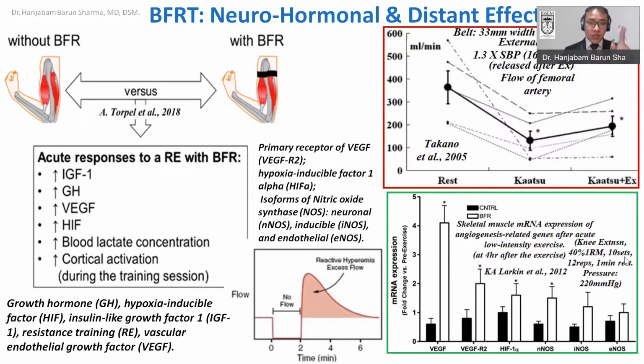consisting of 10 sets, with one set consisting of 12 repetitions with 1 minute rest interval, and the occlusion pressure was approximately 220 millimeters of mercury. And what they have done is they have seen the gene expression comparison between the control, where BFR was not given, and the experimental group, where BFR was given, and you can see that the messenger RNA expression